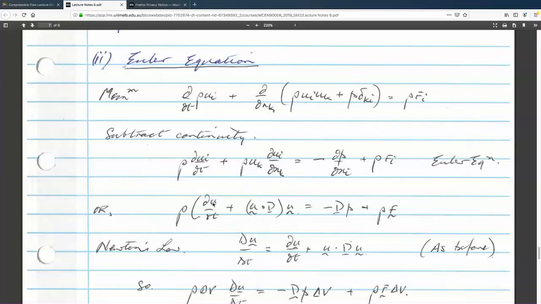You can also write it as rho du/dt plus u dot grad u, where i can be 1, 2, or 3, and this is minus the gradient of p when you add these three equations up, and this is rho F when you add the three equations up. So the equation can be written like this, or now we've seen from